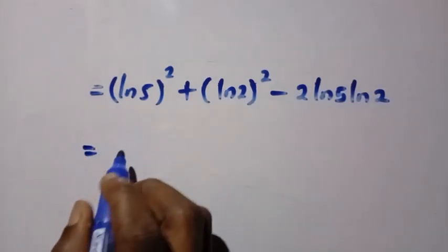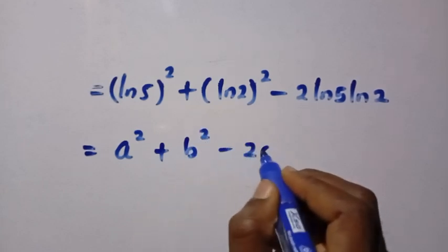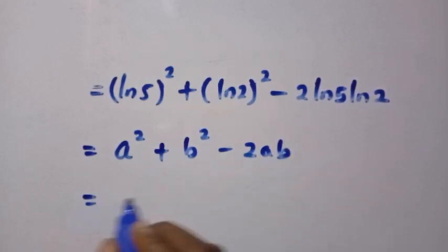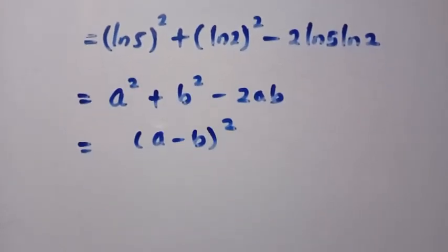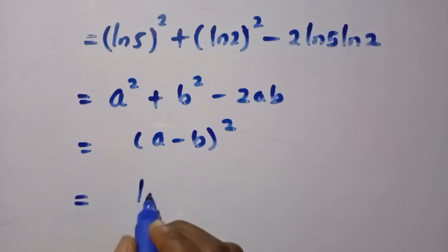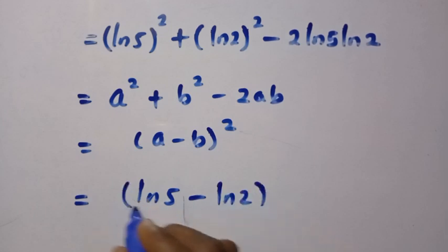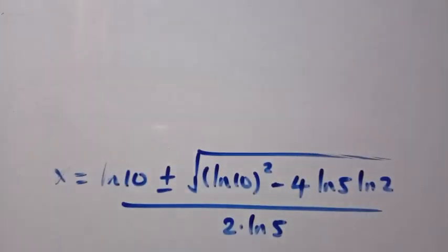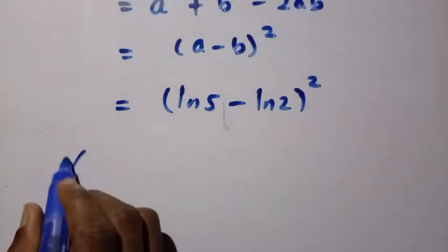And the whole of this resembles a squared plus b squared minus 2ab. This is just like a minus b all squared. By comparing it with this, here we have ln 5 minus ln 2 all squared. From this given quadratic, we have everything squared, and we have ln 5 minus ln 2 all squared. It means square and square root cancel. So when square and square root cancel, we are going to have our x equals